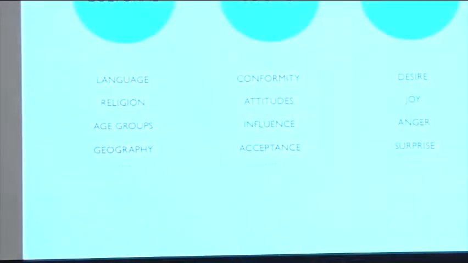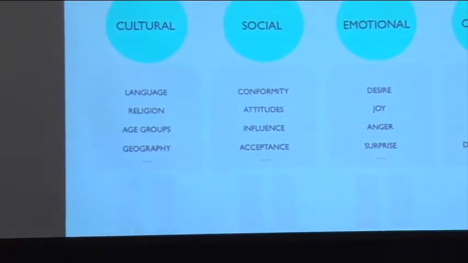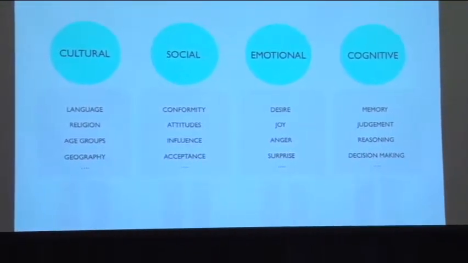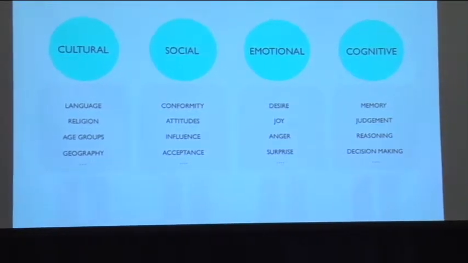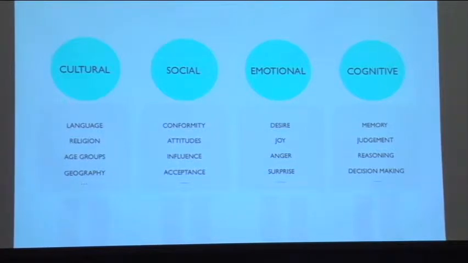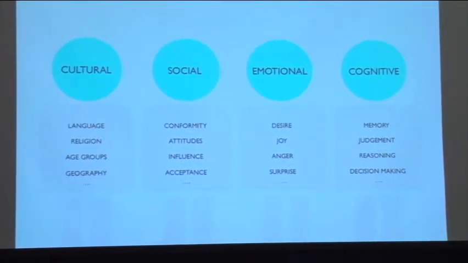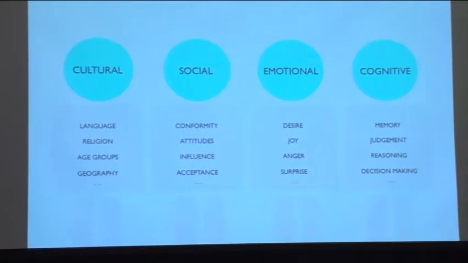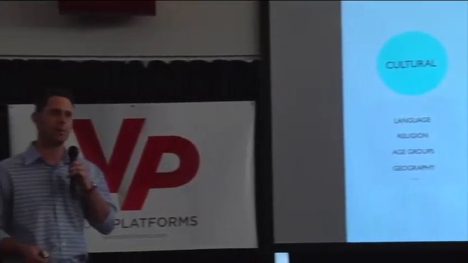just a couple of things to consider whenever you're creating designs is different things like language and age groups, or maybe from a culture standpoint you're creating something for college students or whatever it may be. There's all different types of cultures, or cultural subsections that you need to be thinking about. From a social standpoint, everybody has a desire to be social in some way or form. And that's extremely important to think about. What kind of influences people have. Are they really interested in or concerned about being socially accepted? So all those things need to be thought about as well.